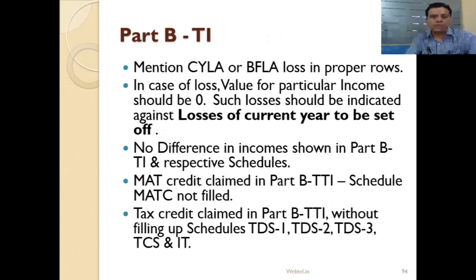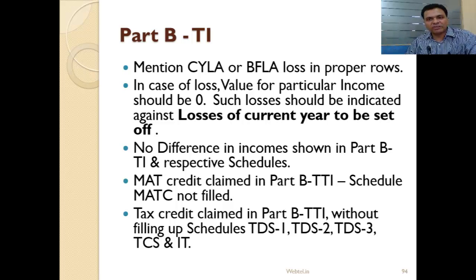Then coming to TI or total income, mention CYLA or BFLA losses in the proper rows, otherwise it will be disallowed. I will say again and again that please ensure that data flows seamlessly from one annexure or schedule or item to TI and TTI. It should not be that the same value appears as a different amount somewhere else. It will be disallowed. Prime examples are the ATG deduction, which has been disallowed in many cases